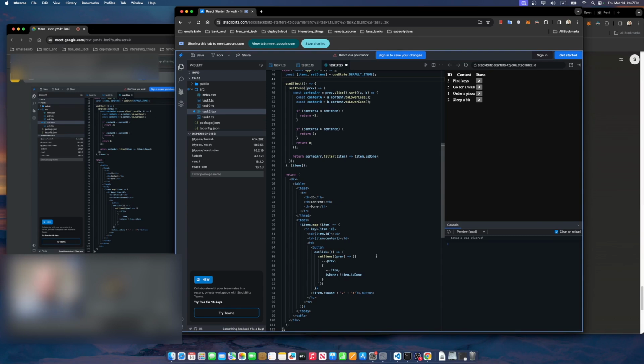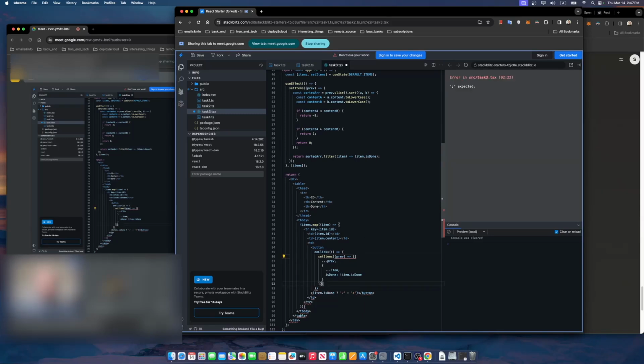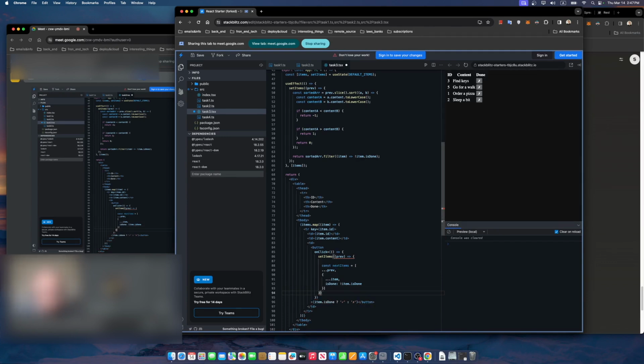So when our aim is not just to refresh the UI and make it disappear, but to change its state and hence make it disappear. Items, item. So we first state,